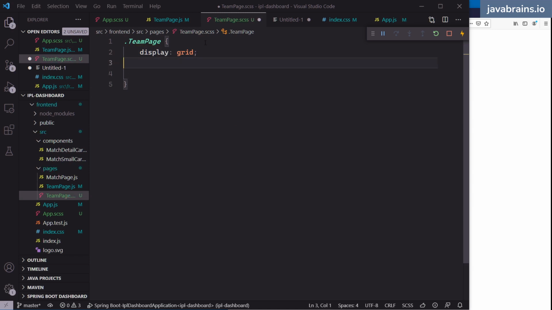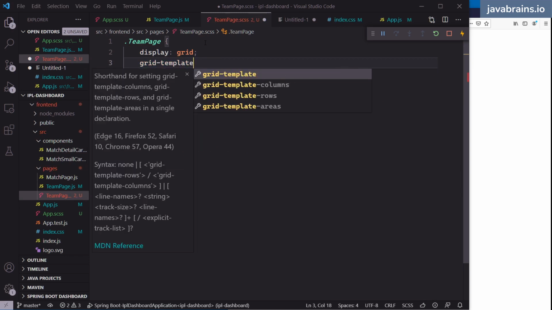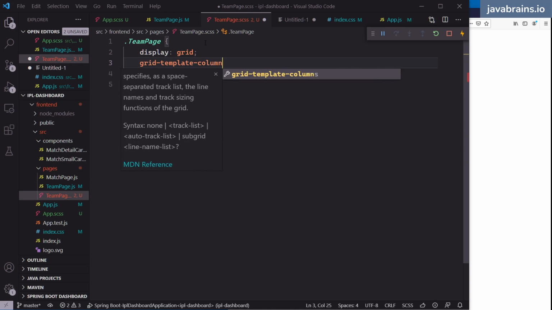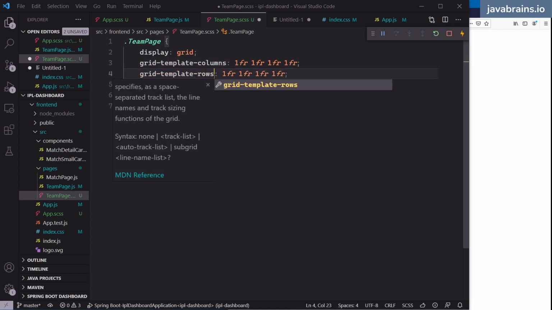The number of columns is 4, so I'm going to do grid-template-columns, and it's basically 4 fractions: 1fr, 1fr, 1fr, 1fr. This is basically saying split it into 4 equal parts. Now the rows are going to be 3. Grid-template-rows is going to be